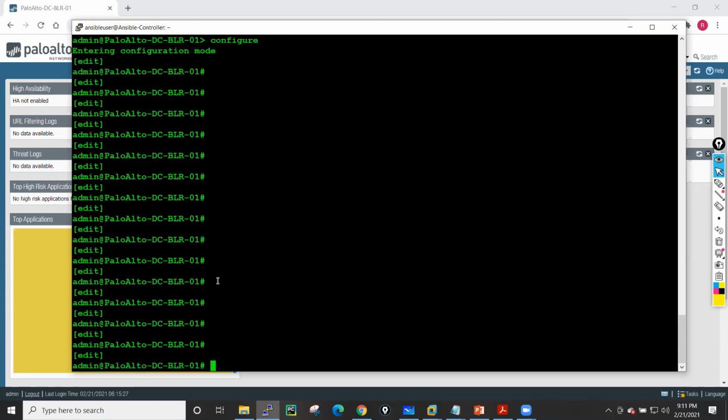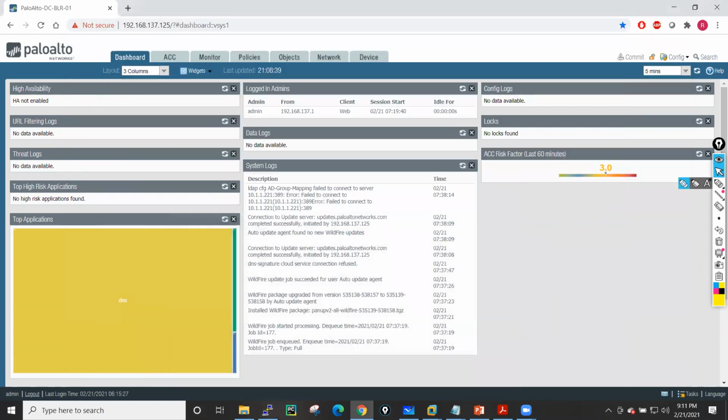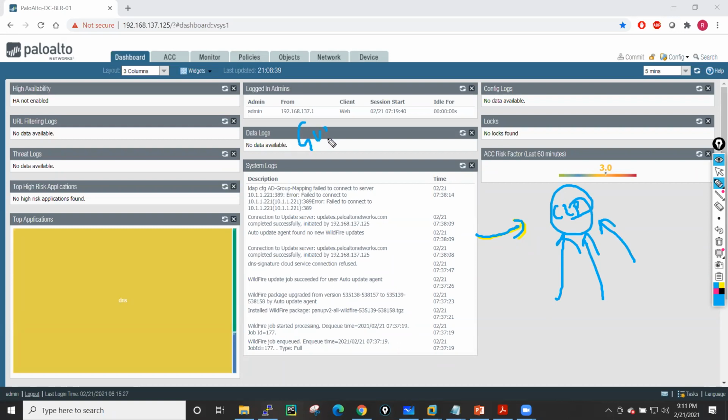So this is the CLI access of your firewall. We will see all the commands and what are the necessary commands we need to run. Generally, if you want to configure anything on Palo Alto, don't use the CLI too much because CLI is a little bit complex. Palo Alto GUI is very user friendly. You can configure it by using the graphical user interface, because in the CLI you always get confusion because it is very complex.